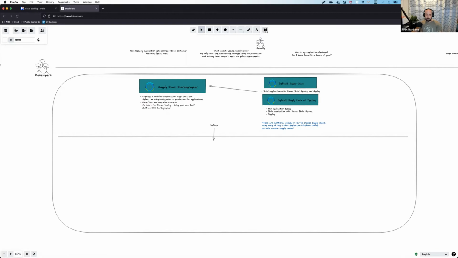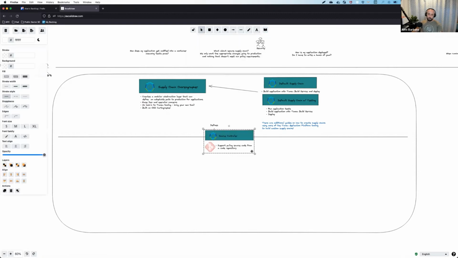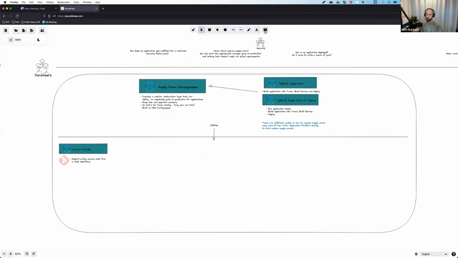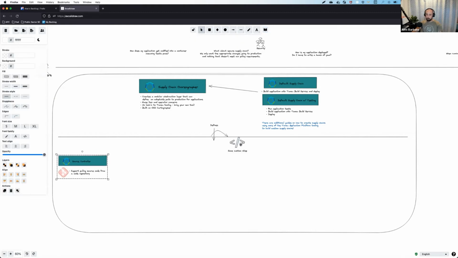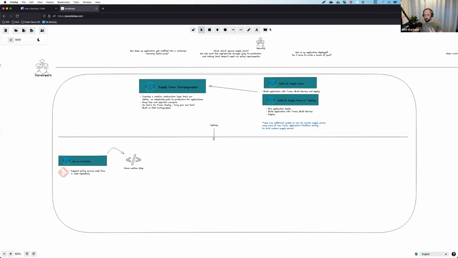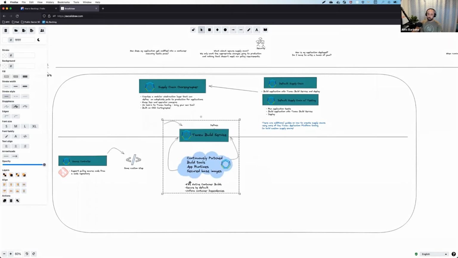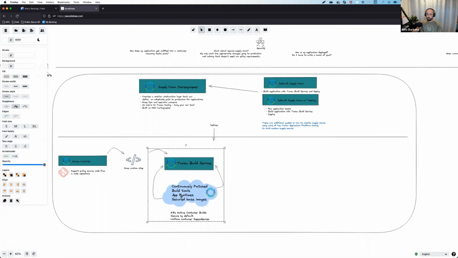So let's look at the pieces of what's in a supply chain, because there's quite a bit there. The first part is a source controller, which helps pull code from Git. Next could be, again, literally anything. We could say, hey, I want to do some custom whatever that integrates with the supply chain choreographer methodology. Great, go for it. Then we could use our tried and true Tanzu Build Service built on top of cloud